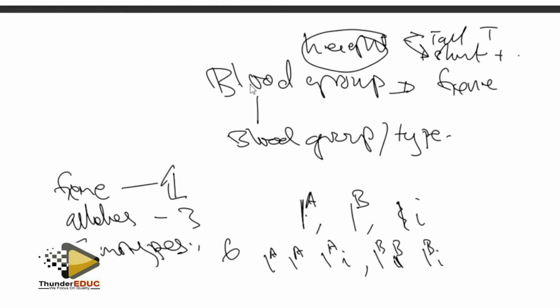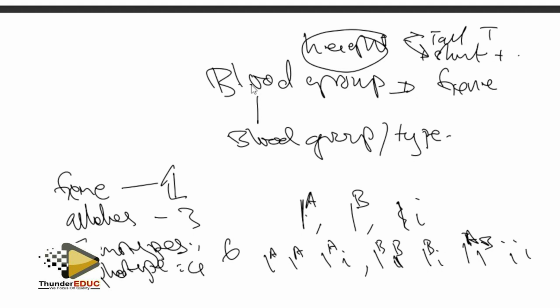Then you have, that's 1, 2, 3, 4. Then you have AB, and then you have that for O. That's it. So 1 gene, 3 alleles, 6 genotypes, and then phenotypes,